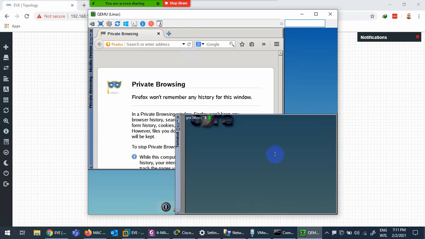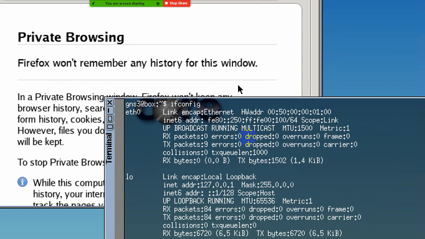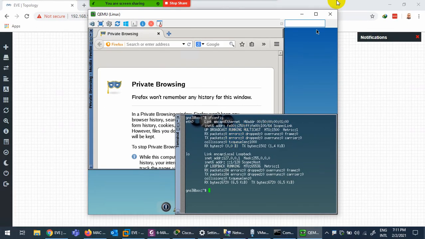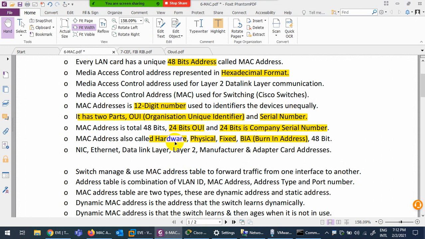If I go to the terminal, you can see it's a hardware address, and these are with colon. Still 12 digits, 1 2 3 4 5 6 7 8 9 10 11 12, but they call it hardware address, and that's why I told you it may be called hardware address, physical address, fixed address. Now coming to this one, BIA, burned-in address.